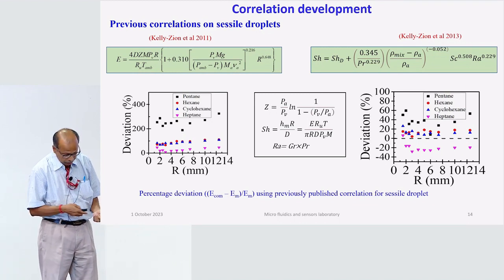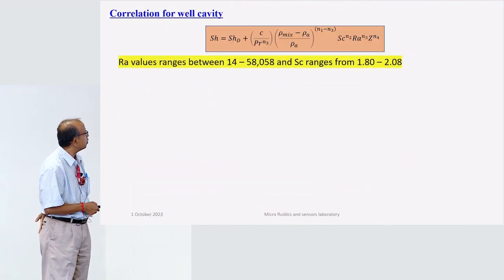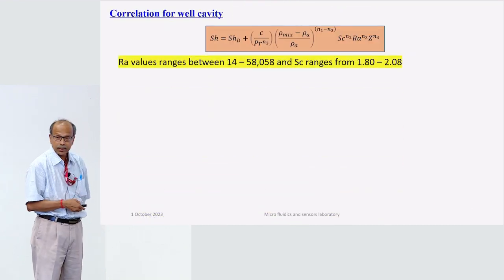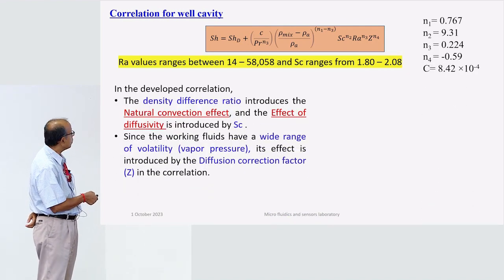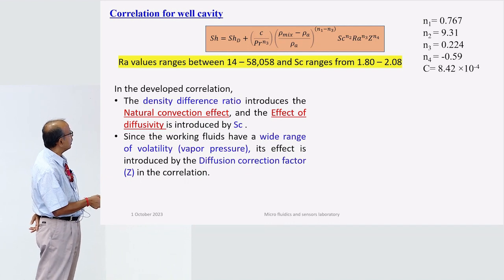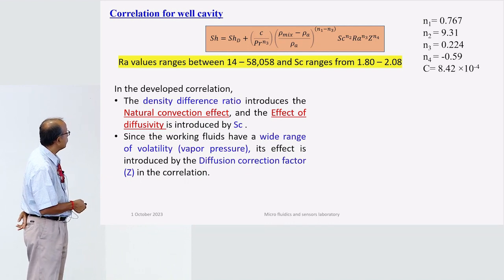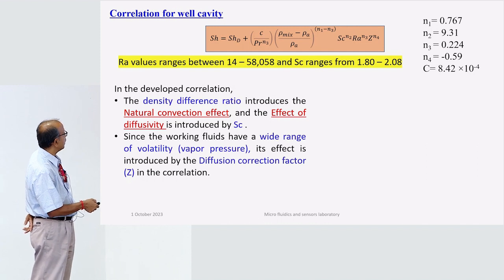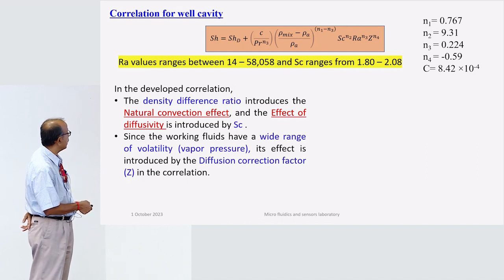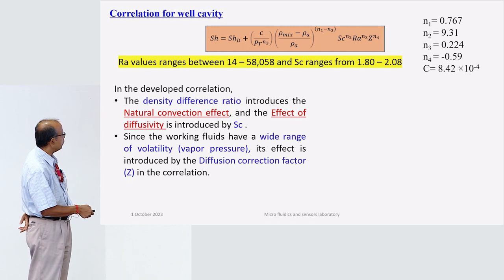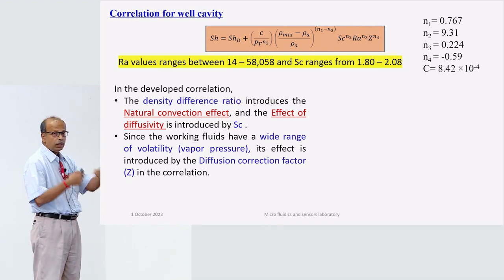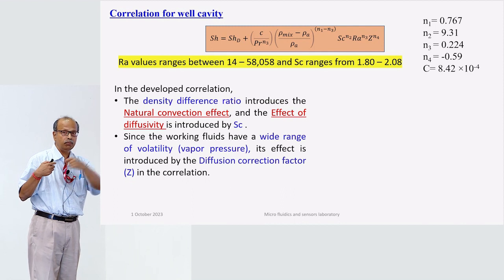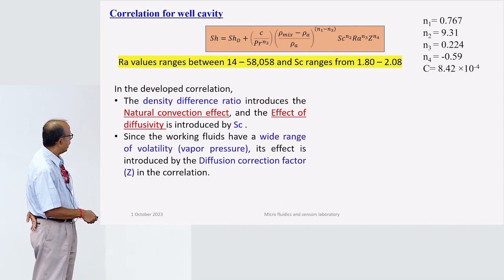This is what we tried to think of: a correlation which will take care of the difference between the working fluids. This is the developed correlation. The density difference ratio usually takes care of the natural convection effect. The Schmidt number takes care of the diffusion effect. And between heptane and the other fluids, the most difference was the vapor pressure,